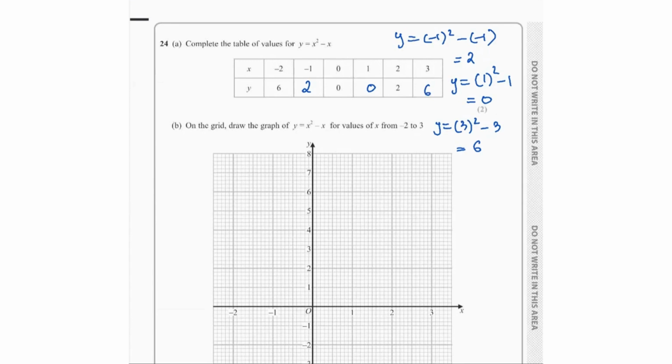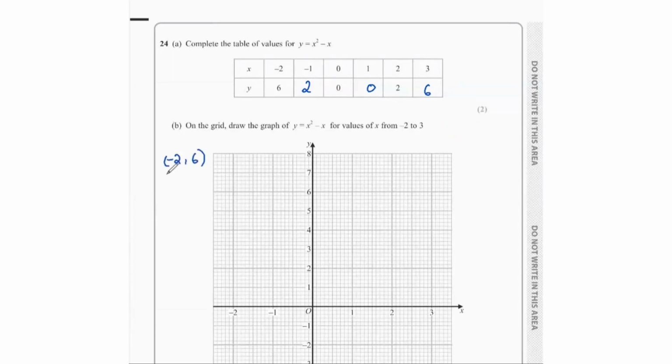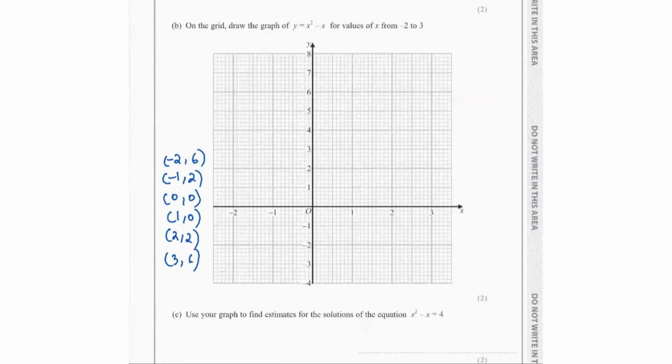So now we plot these points on the graph. So let's write down the coordinates. -2, 6, -1, 2, 0, 0, 1, 0, 2, 2, and 3, 6. So -2, 6 is over here. -1, 2 is over here. 0, 0, 1, 0, and 2, 2, and lastly 3, 6. So if you join the points,